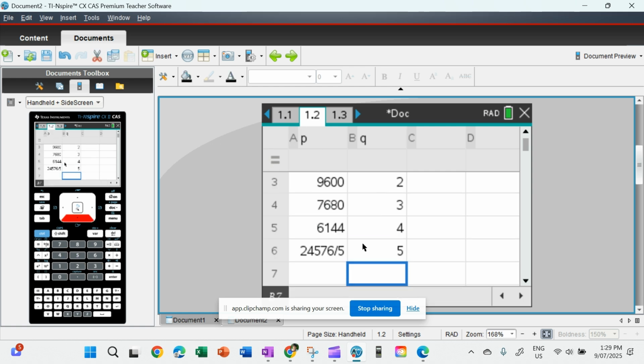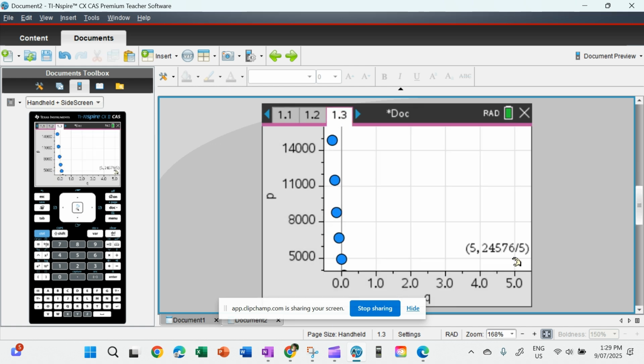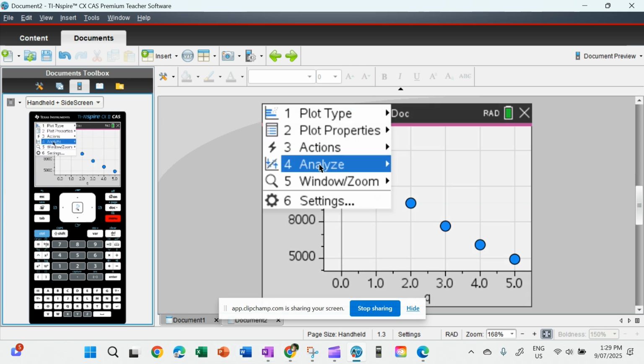Now what we have is Q. This is the curve function, and if you want to connect the line,